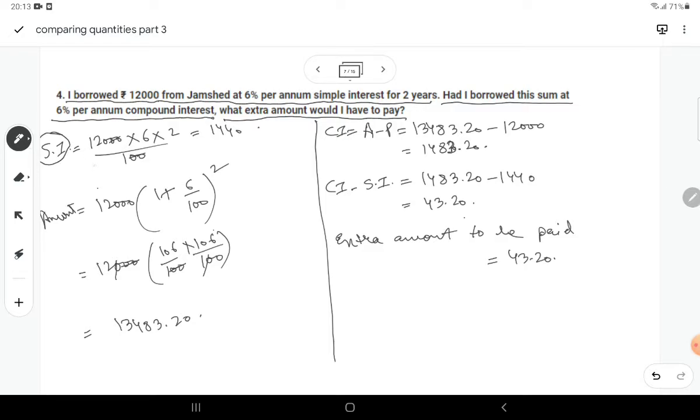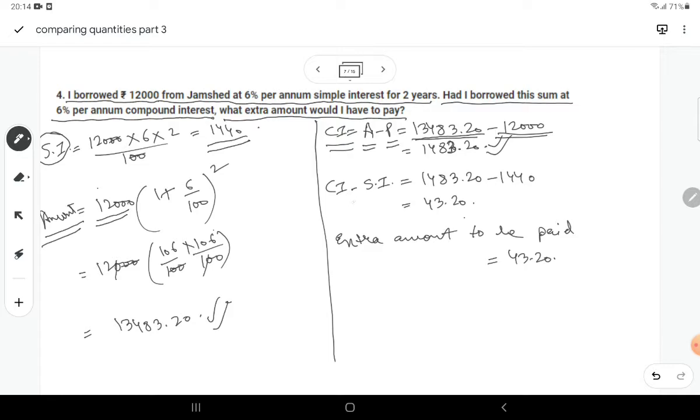So simple interest comes out to be equal to 12,000 into 6 into 2 divided by 100, which comes out to be equal to 1440, and amount would be equal to 12,000 into (1 + 6/100) raised to power 2, which on solving gives the value as 13483.20, which is the amount if calculated on compound interest. And the formula for compound interest is amount minus principal, which is 13483.20 minus 12,000, which is